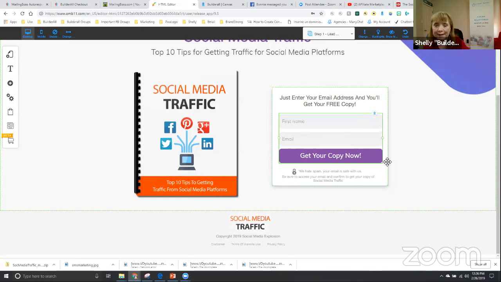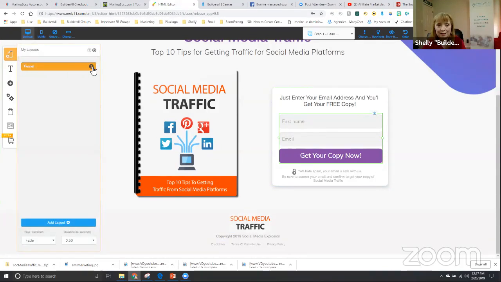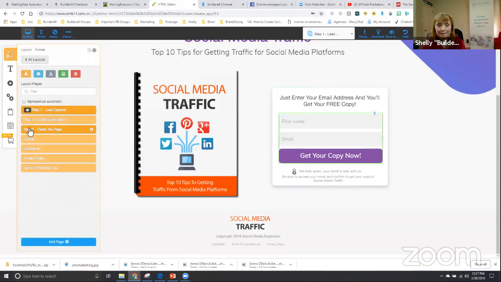The only thing left that I have to do is actually figure out how I'm going to get the document to them. That's huge, right? I have to figure out how I'm going to get the document to them. And I'm going to do that by setting up a welcome email inside of Mailing Boss. And they're going to get that email, and it's going to have a link to the document. So first we have to figure out how to do that. So I'm going to go to my page settings, and look at all of my pages. And on this thank you page right here, if I click that,